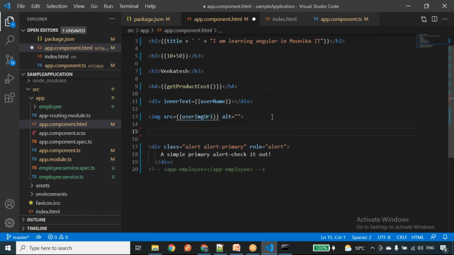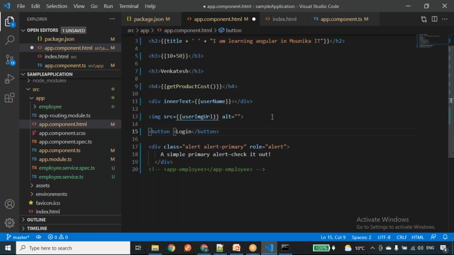I'll take one button and give the button name as login. I want to disable this button based on the form condition. If the form is invalid, I want to disable this button. If I fill everything in the form, I want to enable this login button.